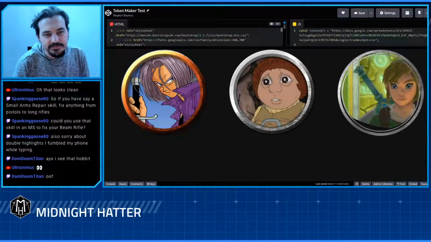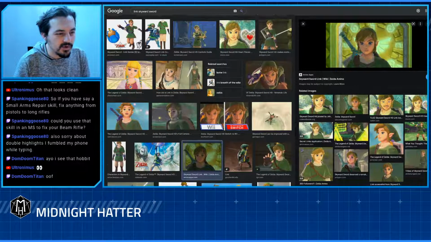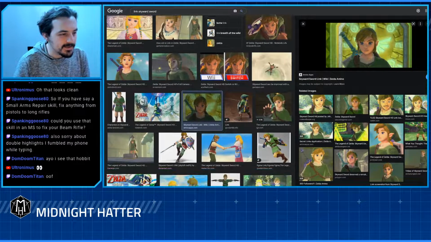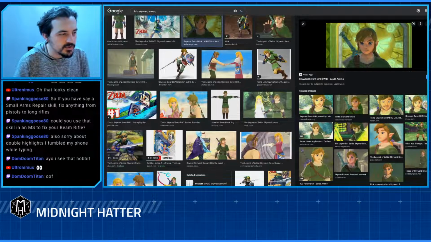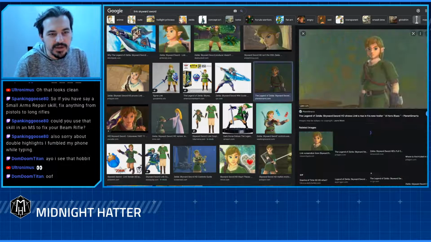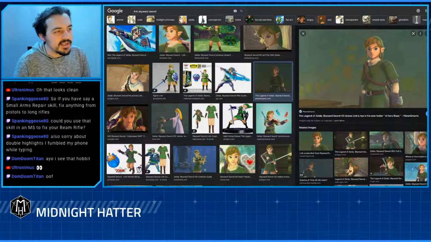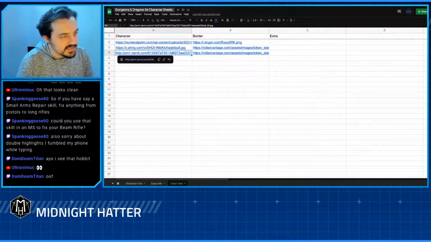And there you go. You have your Skyward Sword Link token, which again looks a little wonky there because of the positioning of him. Maybe we can find one where he's a little bit more to the right, that would probably help, I think. If we copy image address here, and what's beautiful about this is that you can